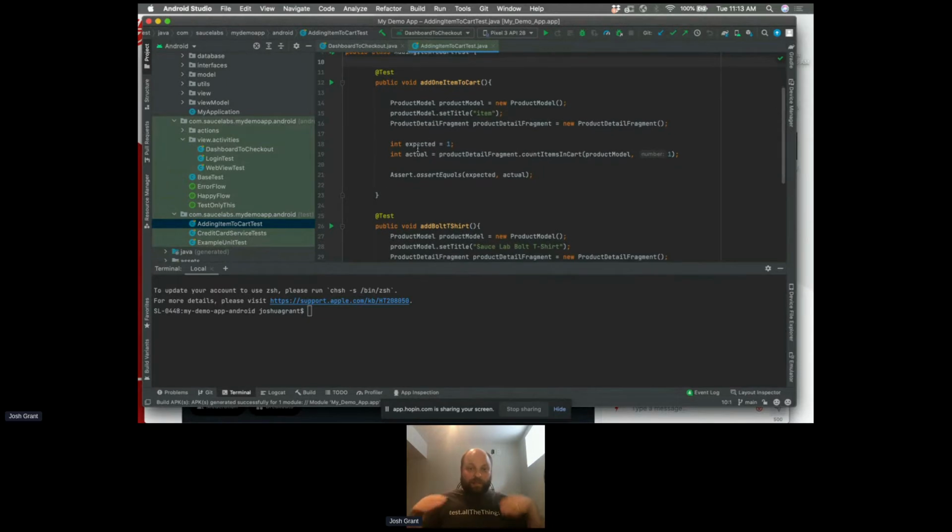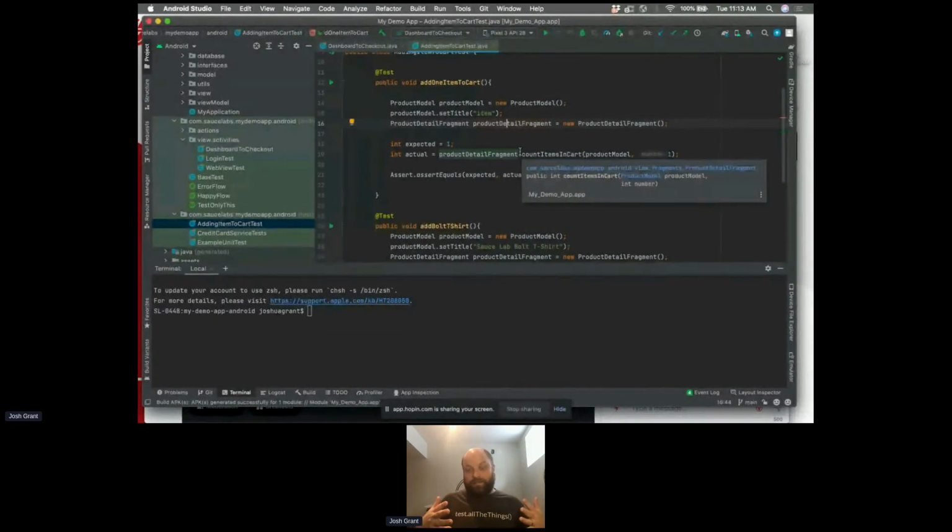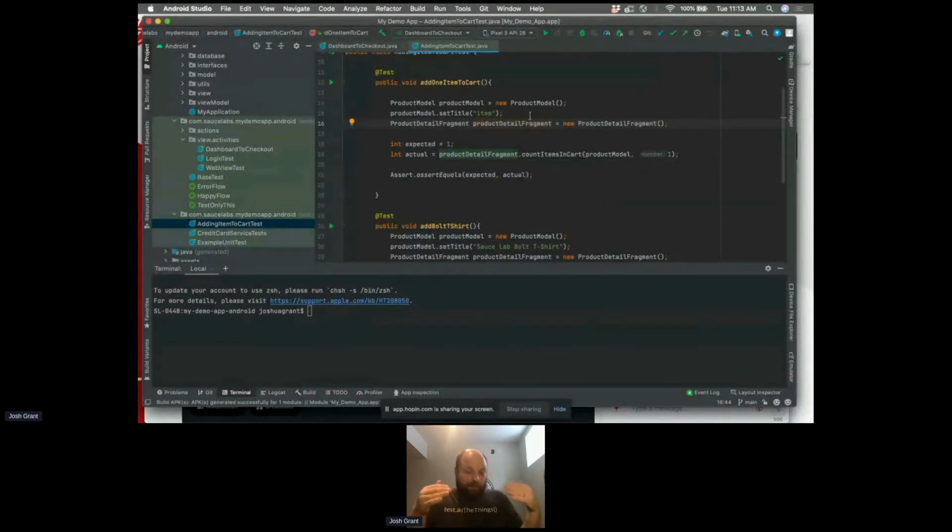So I've added 2 cases. And what I've done is gone into the actual source application code and found, okay, this is the product detail fragment. This is where you handle the product details of which product you're selecting, details like the name of the product, if there's a color associated, if there's a size associated, if it's a t-shirt or something, you get all those details here. So I was able to dig in and find where exactly this